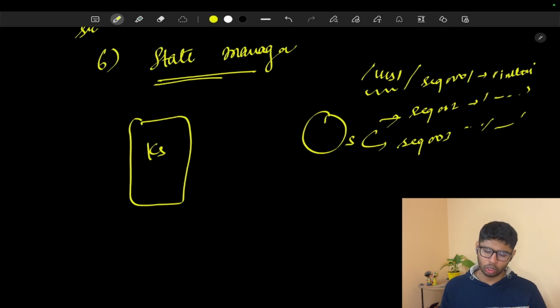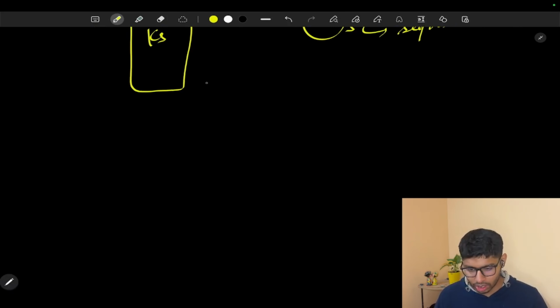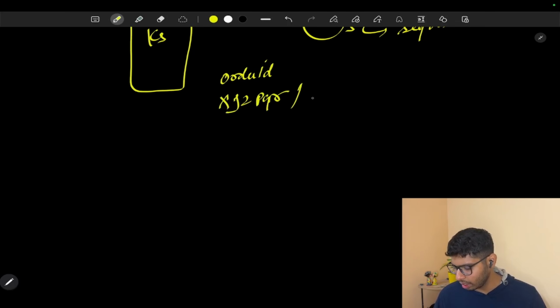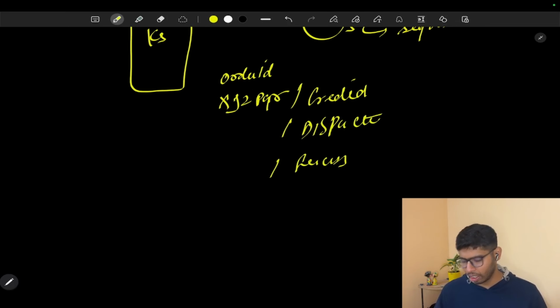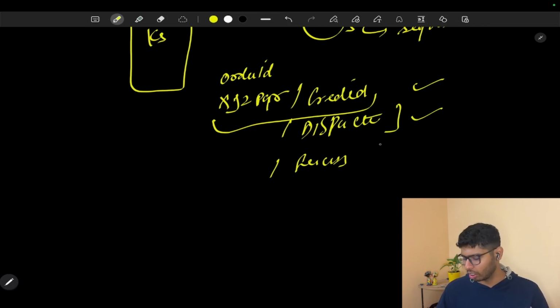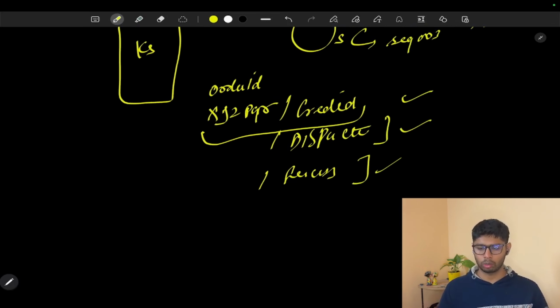Now you can also solve multiple problems with that. Suppose there are orders stuck in between, so you can act on the data that is in the dispatch state. You can keep data like an order ID, maybe XYZPQR. Suppose this is the order ID and it can have multiple states like created, dispatched, success. When you know all the IDs that are in the created state, you can perform some sort of action. You can also perform actions on the basis of dispatch or success, something like that.